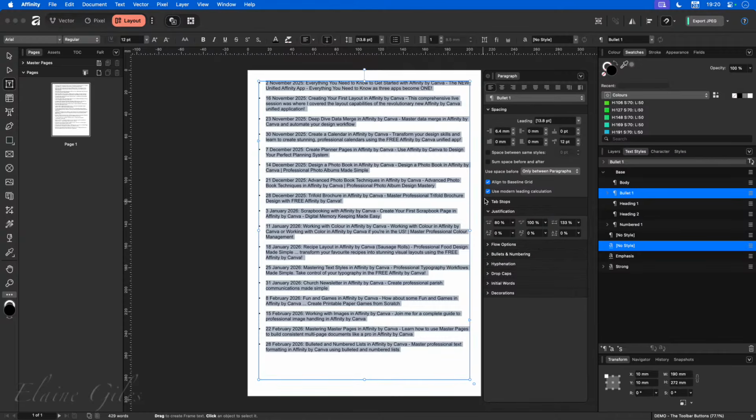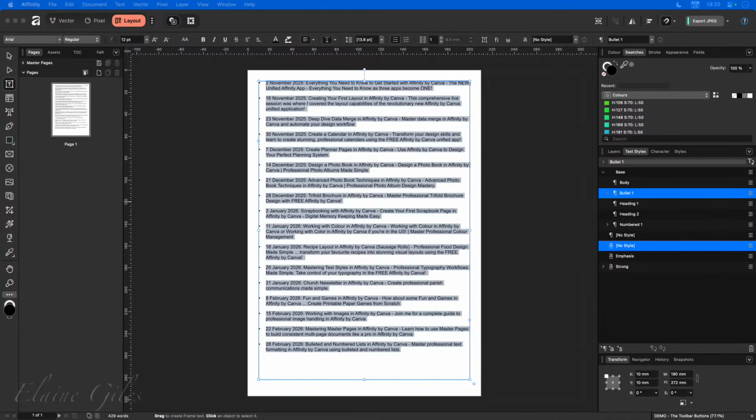We can get rid of justification. What we're looking at here is the spacing. And it's showing you that you have this, which is the top one, which is the left indent, of 6.4. And this one is your first line indent, and that is set to 0. And it's these two that determine together what that list looks like. Now, as I said, in terms of the gotchas that you've got,